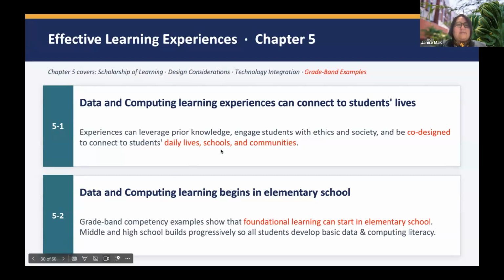So I think the big takeaways from chapter 5 are really that experiences need to be connected to students' lived experiences, to their schools, to their communities, and they can be co-designed in meaningful ways. And all of this can begin in elementary school. So foundational learning can start early and then build progressively through secondary school to develop basic data and computing literacy. And if you dig into the chapters, you're going to see we cited a lot of research over the past decades. All of this is based on the evidence, what we know now,